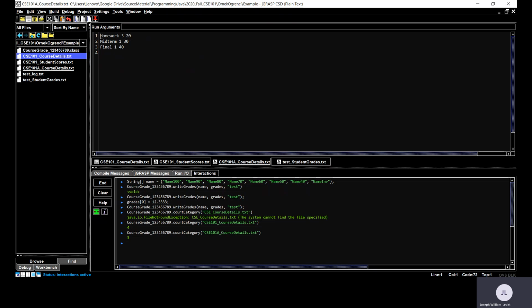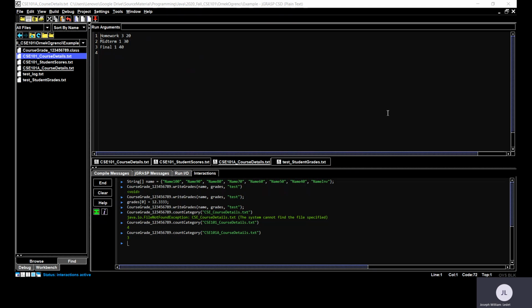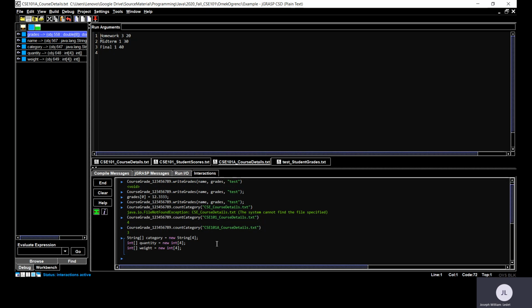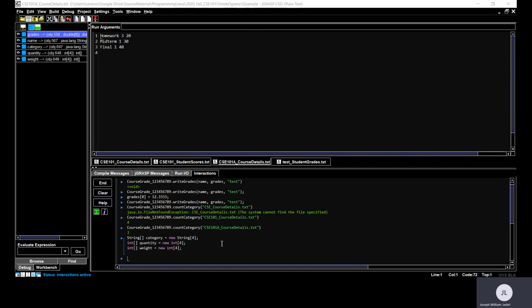Okay, now let's do one last thing. That get category method, because that one's going to be a little bit more involved. That one's going to be a little bit harder. So let's create some arrays here. Let's create our category, quantity, and weight arrays. Now I've created them of size 4. That does not mean that there's only 4, but for my example here,